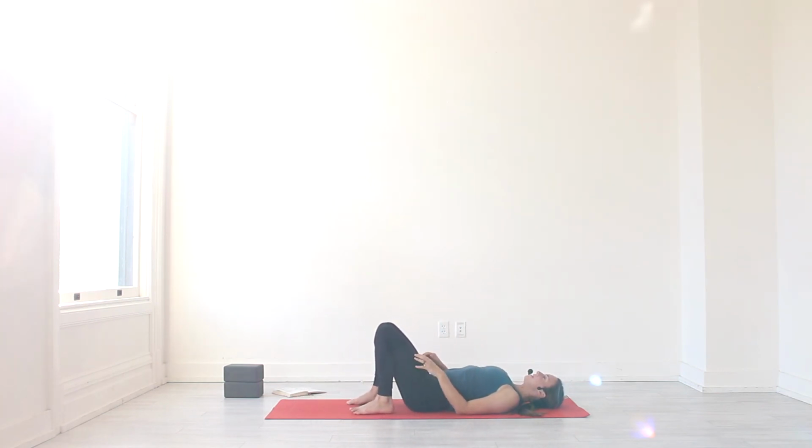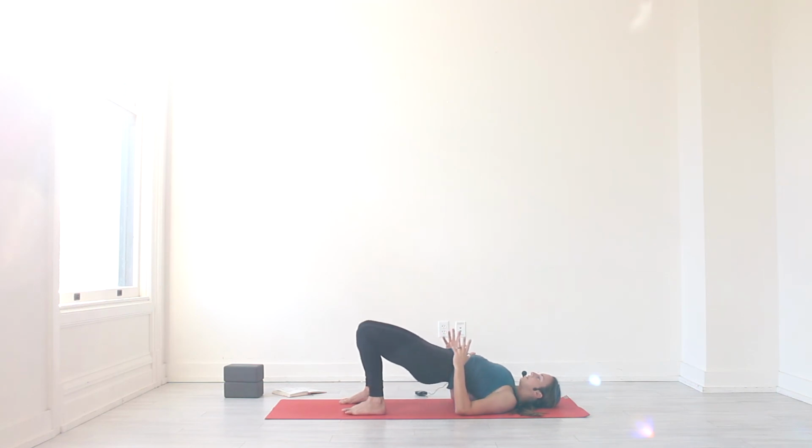So you come on down, knees bent, feet hip width apart, arms alongside the body. Let's bend your elbows into little T-Rex arms. Press those outer shoulders into the floor. Let the heart puff. Press down into your feet. Lift your hips. You can stay here with T-Rex arms for your bridge pose if you'd like, or you can walk those hands